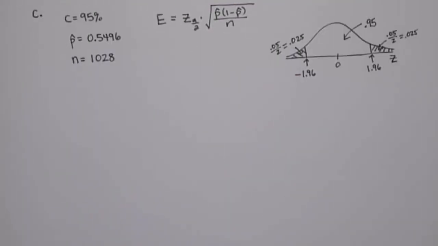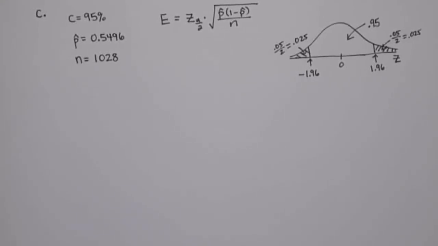So we have options. We can do it by hand, we can use the calculator, we can use StatCrunch. We could use other types of technology as well. We just normally use the calculator or StatCrunch in our class.